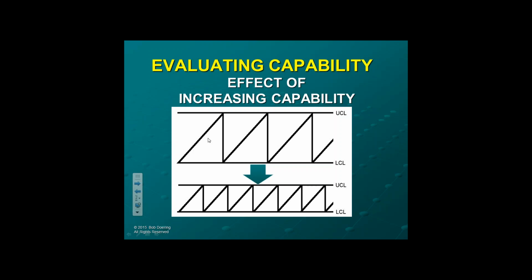Well, what happens is you compress the control limits, and that causes you to do more adjustments. Well, is more adjustments a good thing? Not necessarily, because that means you have more operator intervention. And the more the operator has to intervene, really the more participation they have in variation. So you really don't want to decrease the control limits unless it's absolutely necessary.